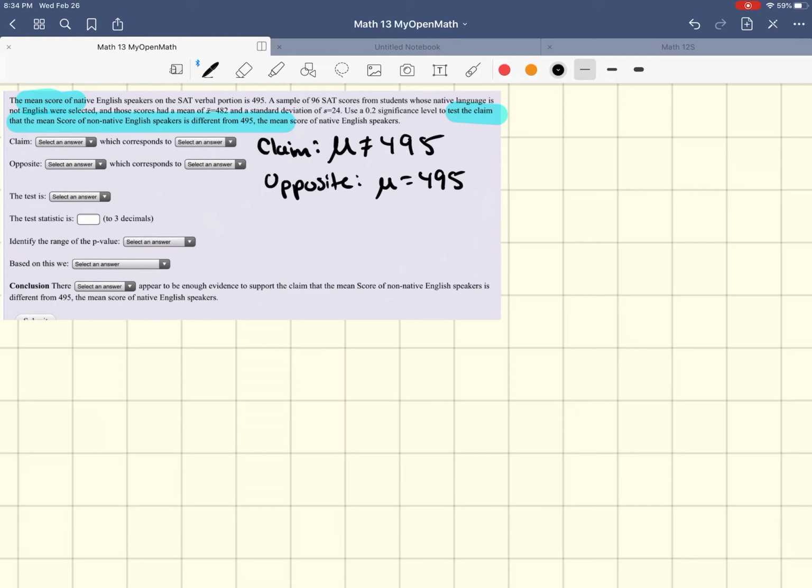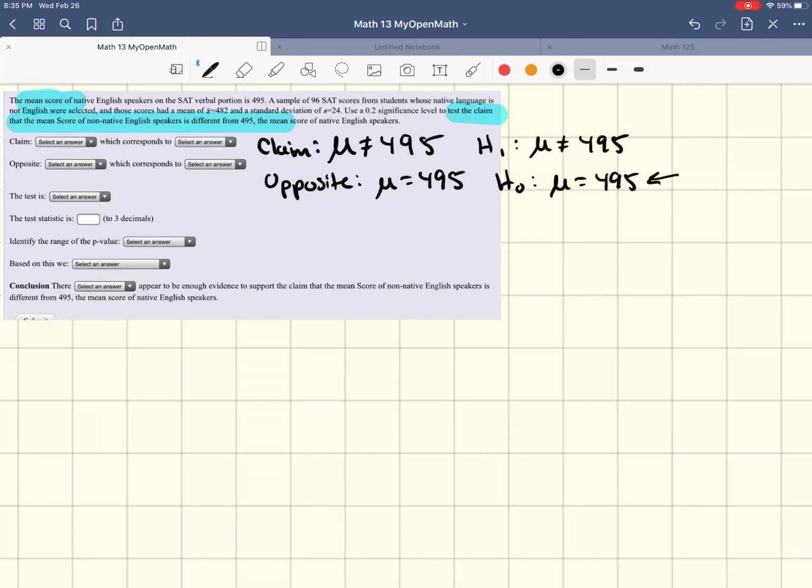Now we have to identify which hypothesis these go with. So the first one, since it's a not equal to, would correlate with the alternative hypothesis. Mu is not equal to 495. And the following one, since it has the equality, would be the null hypothesis. Mu is equal to 495. And when we reject or fail to reject, it's always the null hypothesis that we're rejecting or failing to